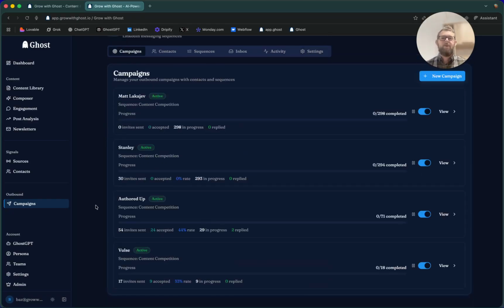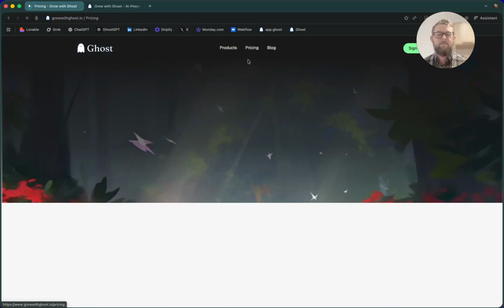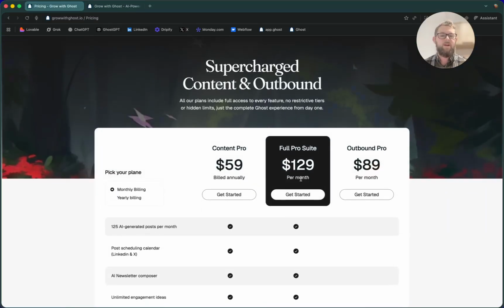So that's a very quick overview of those 4 areas, from content, engagement, data, signals, and the outbound messaging campaign. That whole suite is what we call our full suite. It's $129 per month. You can either do content or outbound separately, but as I've demonstrated today, the power really is putting great content out there,